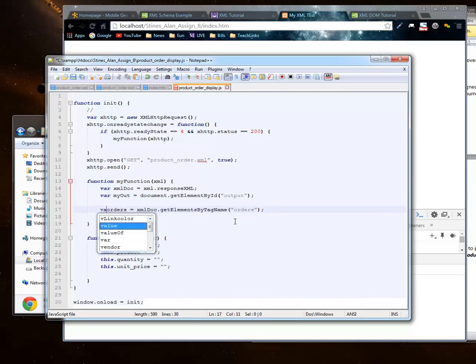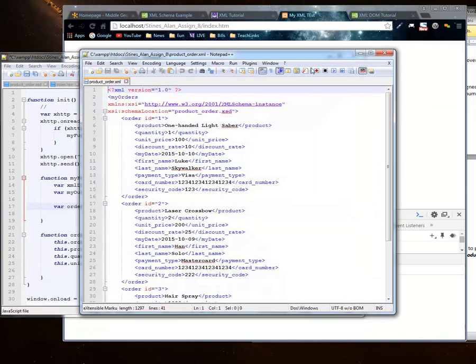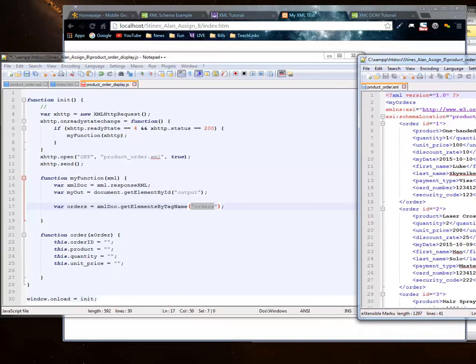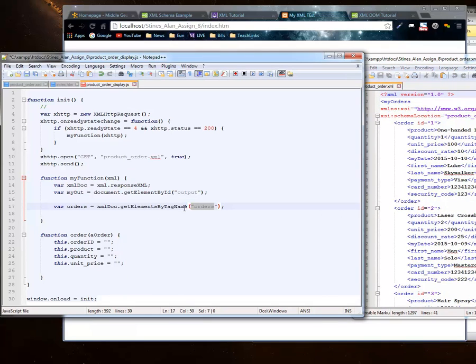Orders is getting the elements by tag name of orders. So in my XML document, it would make sense to pull my XML document back out so it's a little easier to see. So I want to pull all the orders tags. I know there's only one, but this is kind of how you have to do it. I'm going to pull all the orders tags, and